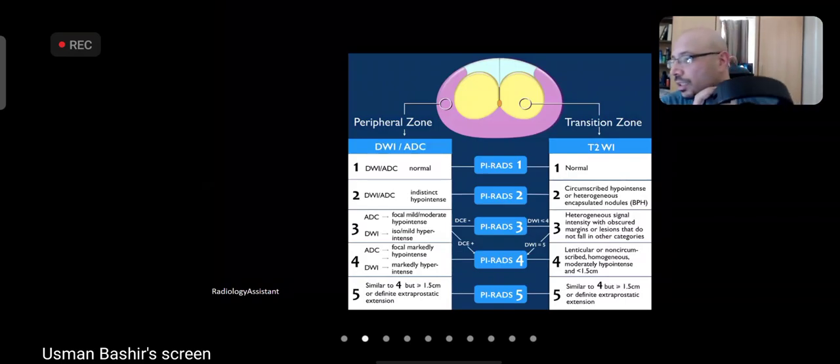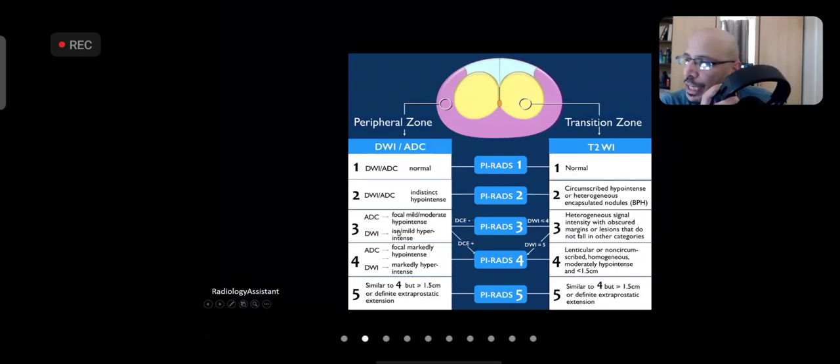It's also shown here that if you have a PI-RADS 3 lesion on the peripheral zone using diffusion weighted imaging and dynamic